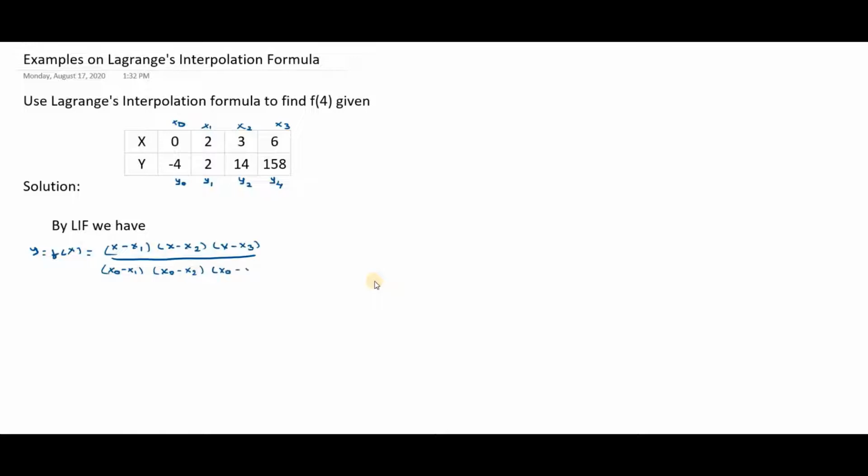I have written the formula up to 3 only because the table ends with only x3, into the first value of y, that is y0, plus